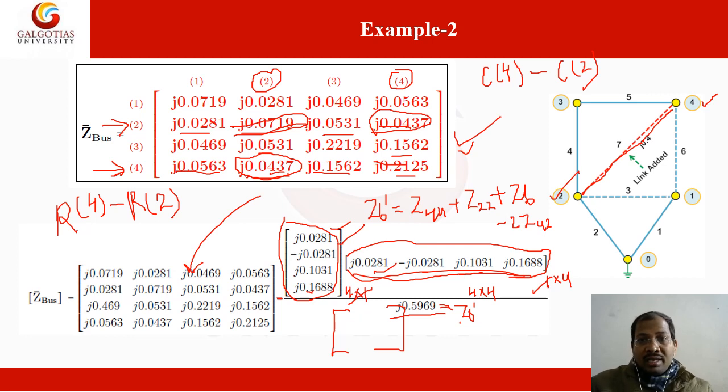So here in step 7 we are getting the final result. You can see that all the branches are counted, and all the buses are also counted. So overall we are getting the 4 by 4 Z bus matrix of this given network. Here you can summarize that there are 4 steps when we are going to obtain the Z bus of a given network.